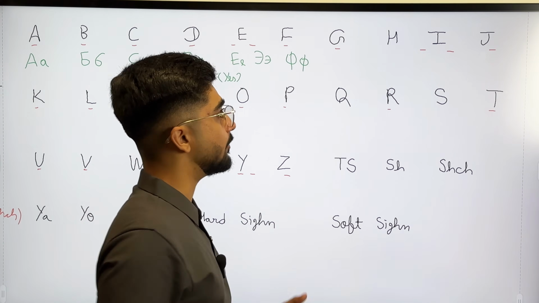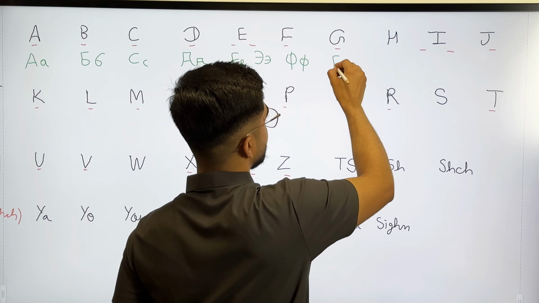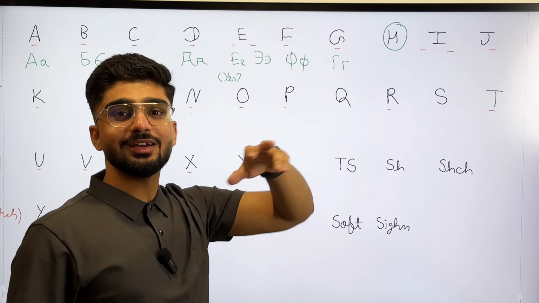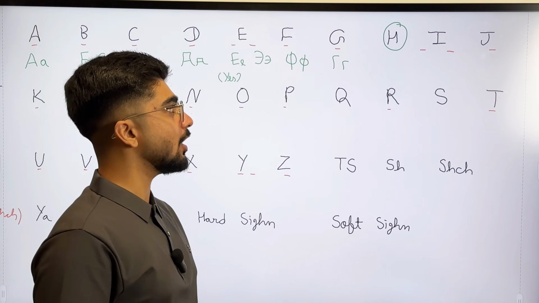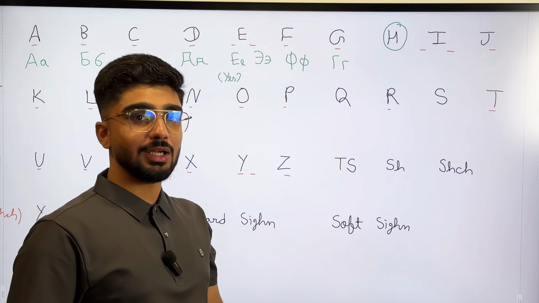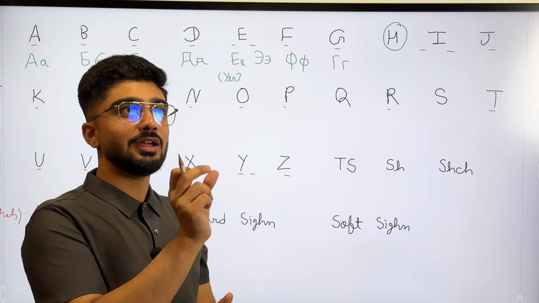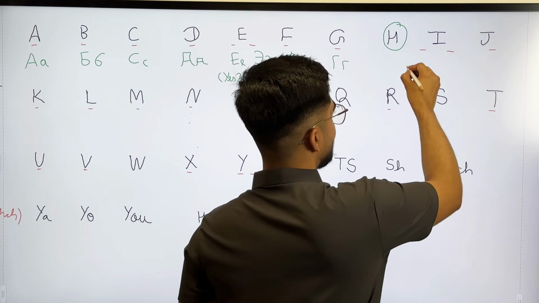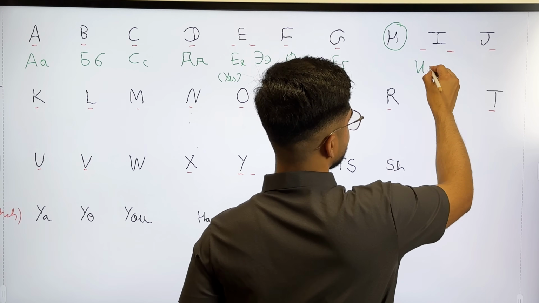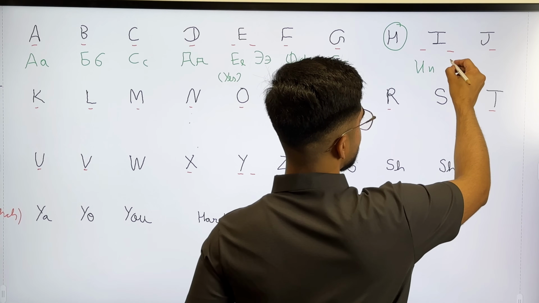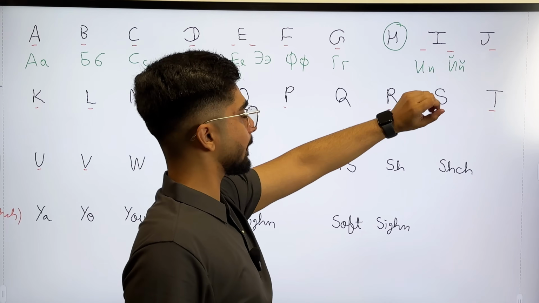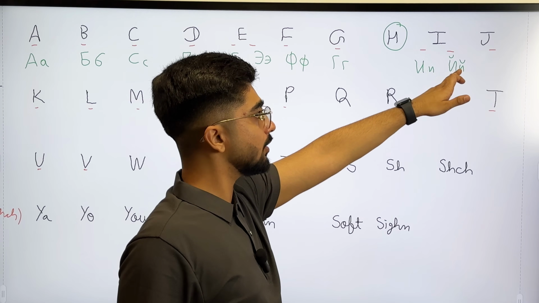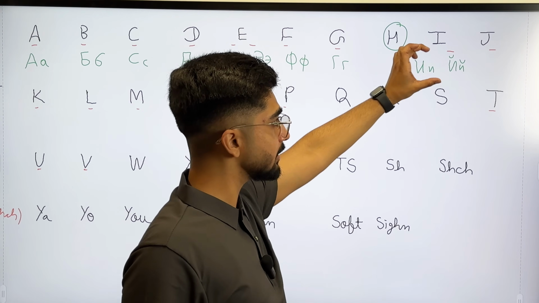Yes, it's your fo. Next is your g, and this is your h. In the Russian language there is no h. If you have to pronounce Rahul, according to Russian they pronounce the h sound just like k. So if you have to write I, it will be just like an inverted n, and the second form is just like this. When you pronounce it, it's your E. And when you pronounce it, it's your E.